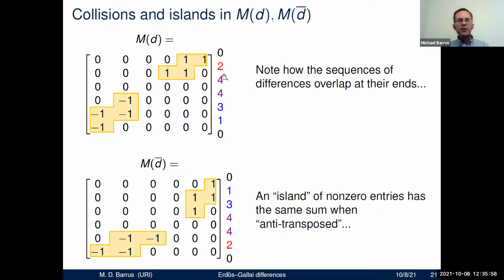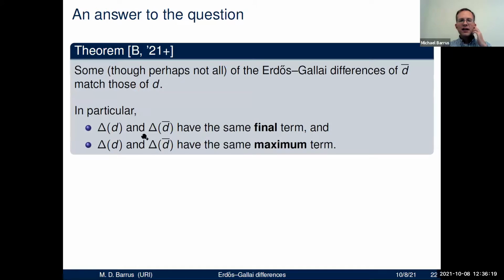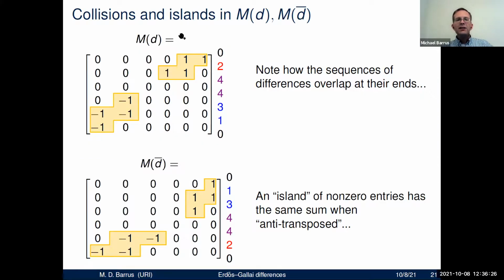The 4s were common to both of those. And so those 4s do show up in both of those Erdős-Gallai lists, difference lists. And as it happens, that's always going to happen, that the Erdős-Gallai list for D and for D bar are going to overlap on at least one row. And so the very last of the Erdős-Gallai differences will be the same for a graph, a degree sequence and its complement. And then if you take a look at the maximum Erdős-Gallai difference, you'll see that you reach a